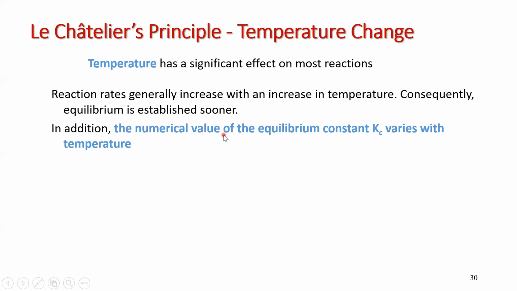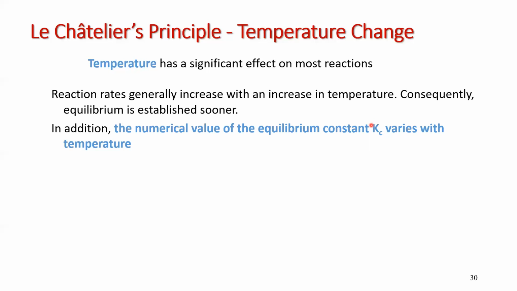The other thing that's important is if we change the temperature of a system at equilibrium, it does in fact change the equilibrium constant. Okay, K changes with temperature changes. It's the only thing that's going to be changing K, and that's something you might want to put a little star next to somewhere. Okay, if you change the temperature of a system at equilibrium, you're going to be changing